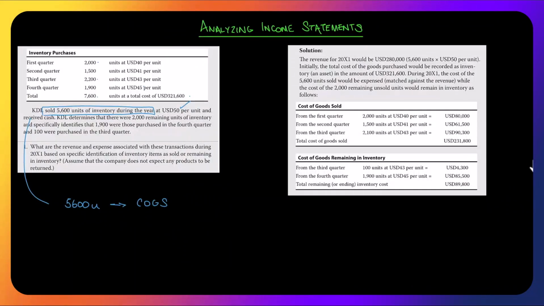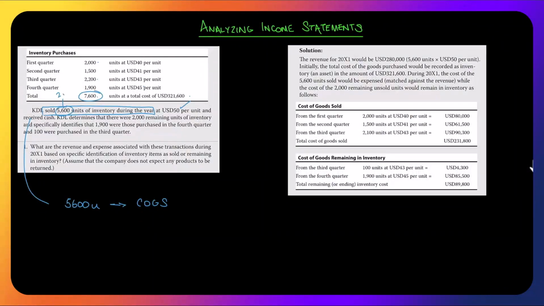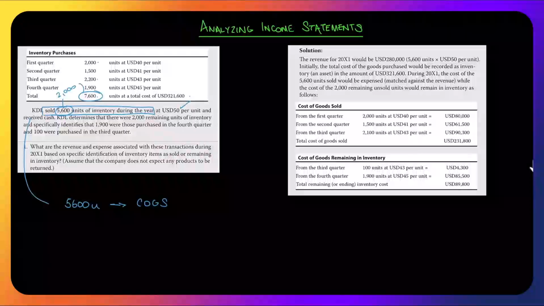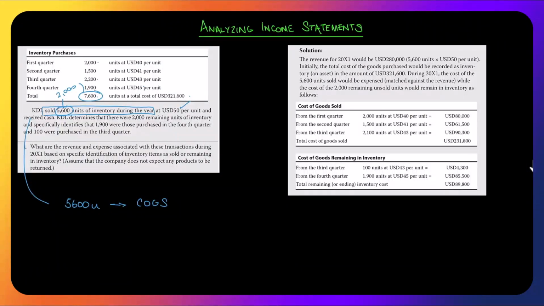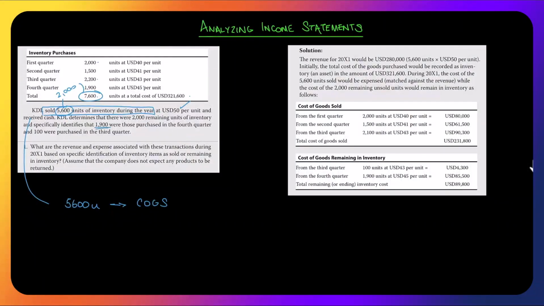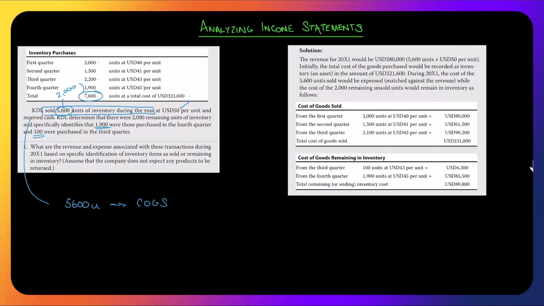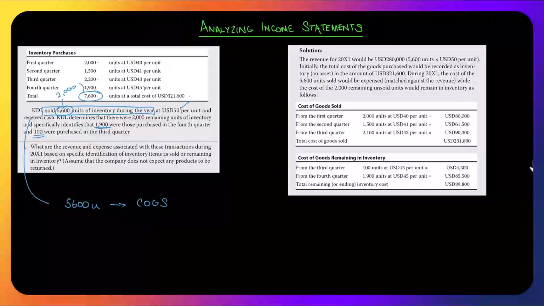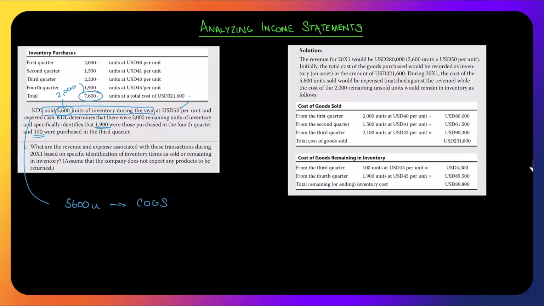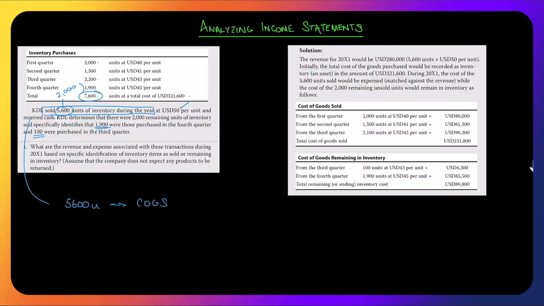Well, that makes sense. If I sold 5,600, I bought 7,600 in total. All they're saying there is we haven't lost any. They're all sat in the warehouse. And it specifically identifies that 1,900 were those purchased in the fourth quarter. 100 were purchased in the third. What are the revenues and expenses associated with these transactions during the year based on specific identification of inventory items